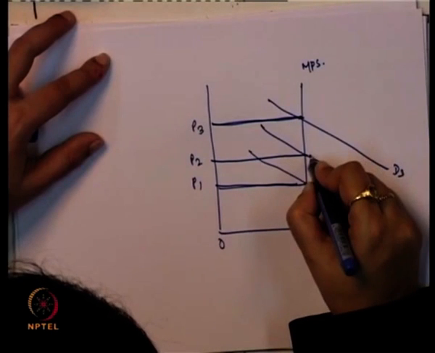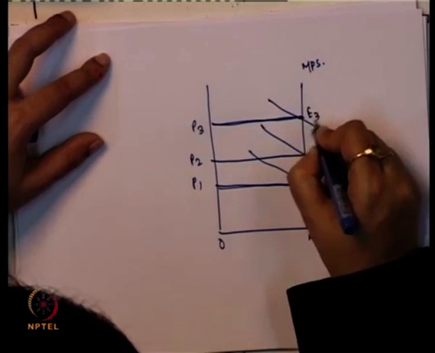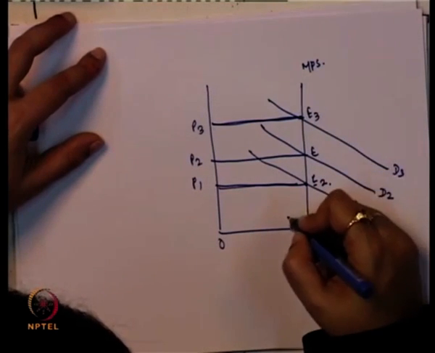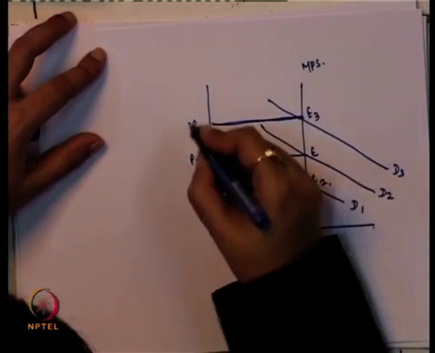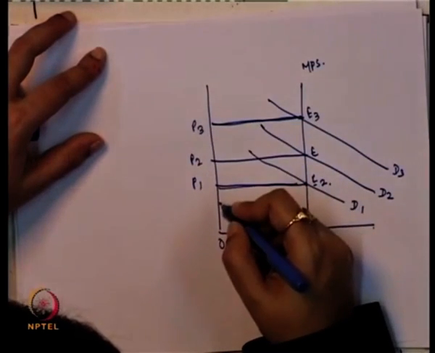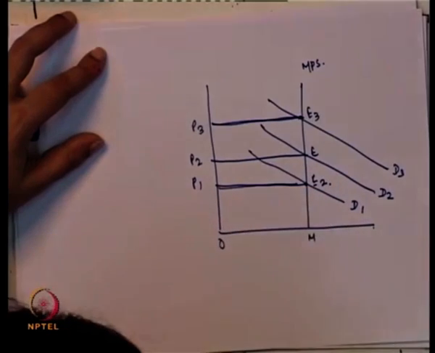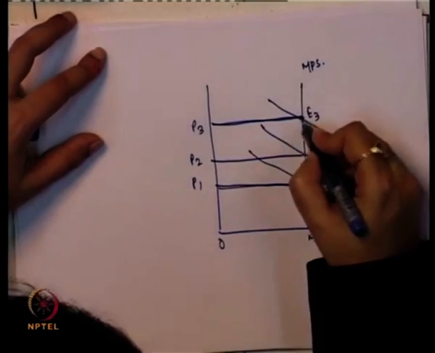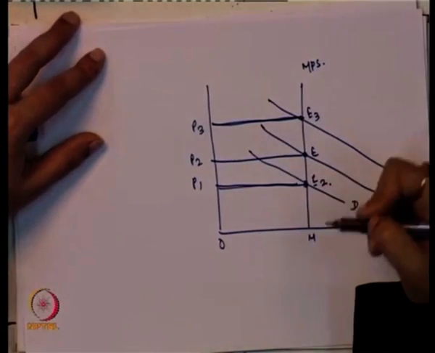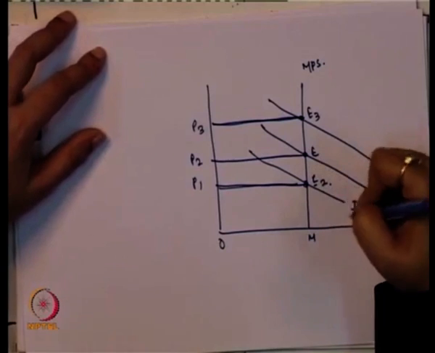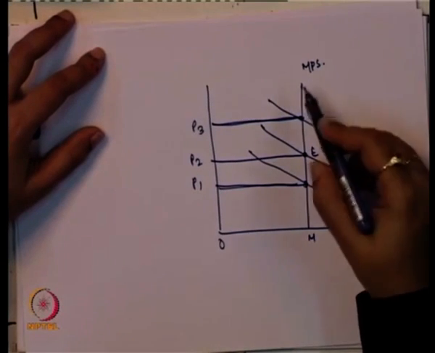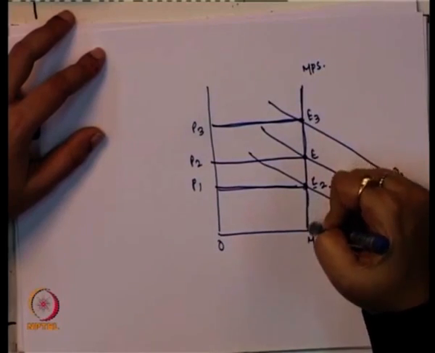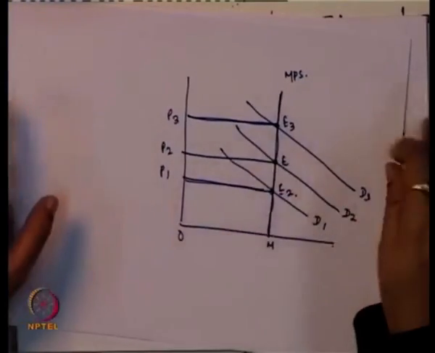And if you look at the different points here, that is E, E3 and E2, the maximum price can be OP3 and the minimum price can be OP1. It is up to the supplier at which price they are going to sell it. And here typically we are talking about non-perishable goods, not about the perishable good.